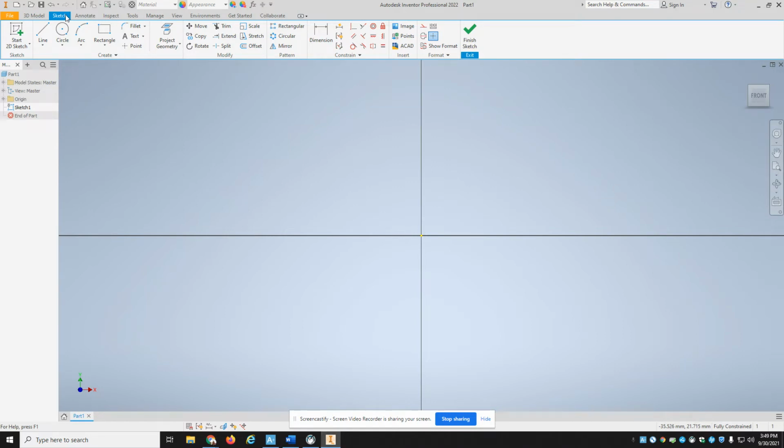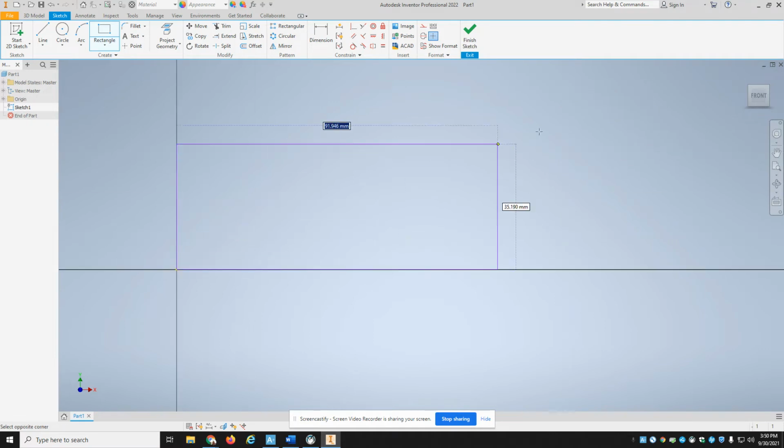Whenever I create a 3D model, I have to create a sketch first and then make it 3D. So this block is going to start off as a rectangle. If I click the rectangle tool and then come down here to the origin and click once and release, and now I'm just moving my mouse, I can make this block however big I want to make it. And I need to make this